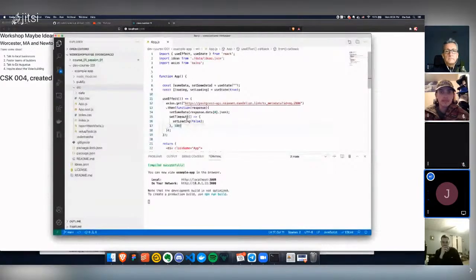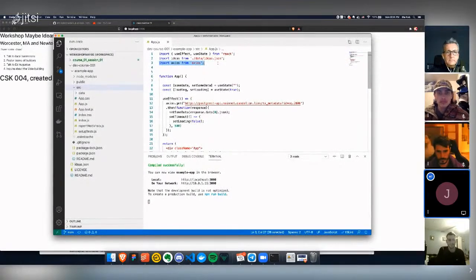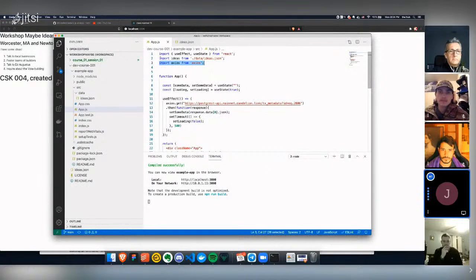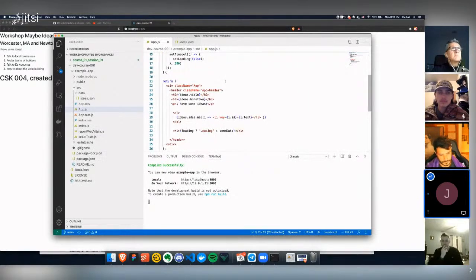We used Axios, right? We imported this. Oh, sorry, I thought somebody had a question. We imported Axios, and we're using that to kind of handle our GET request to Dandelion. We also have a separate file with just some really basic JSON in it, and we talked about how to take this information and pass it into our app.js file via this import statement,